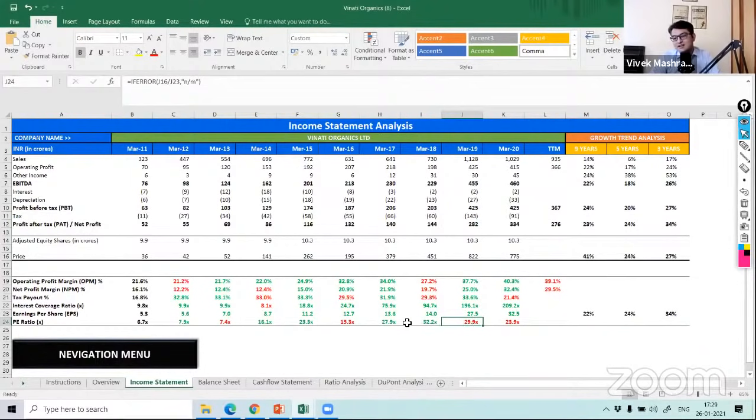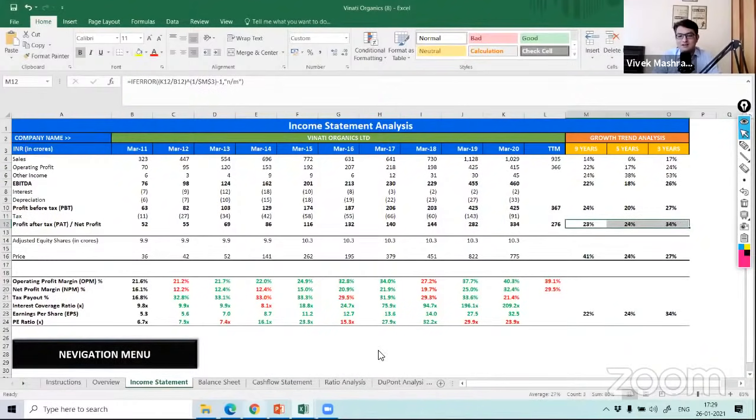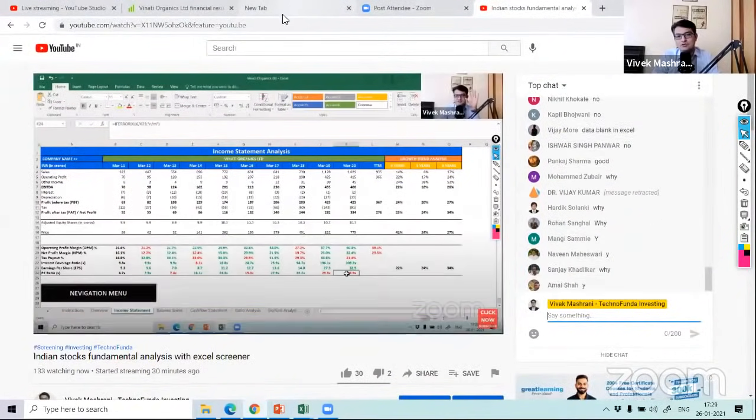The PE actually declined from 32 to 29, and then it declined to 23. And we think as a fundamental investor, "कि ये तो यार नीचे चला गया, now सस्ता हो गया," right? But then if you see, there is actually a dip in terms of the growth. So here it was almost double, and here it was like almost 10-12%, which is nothing in terms of the growth which this company historically did. And there is always a reason why the market does that, right? So that is what you have to think about.